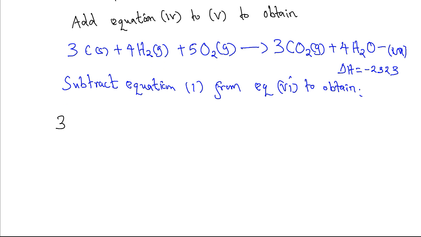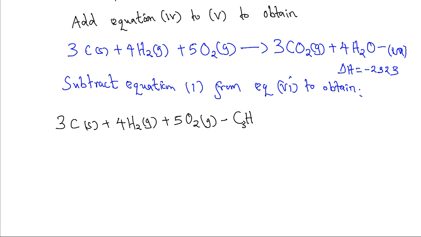So we have in equation 6 3 carbon solid plus 4 hydrogen gas plus 5 oxygen gas. Then we subtract C3H8, that is equation 1,